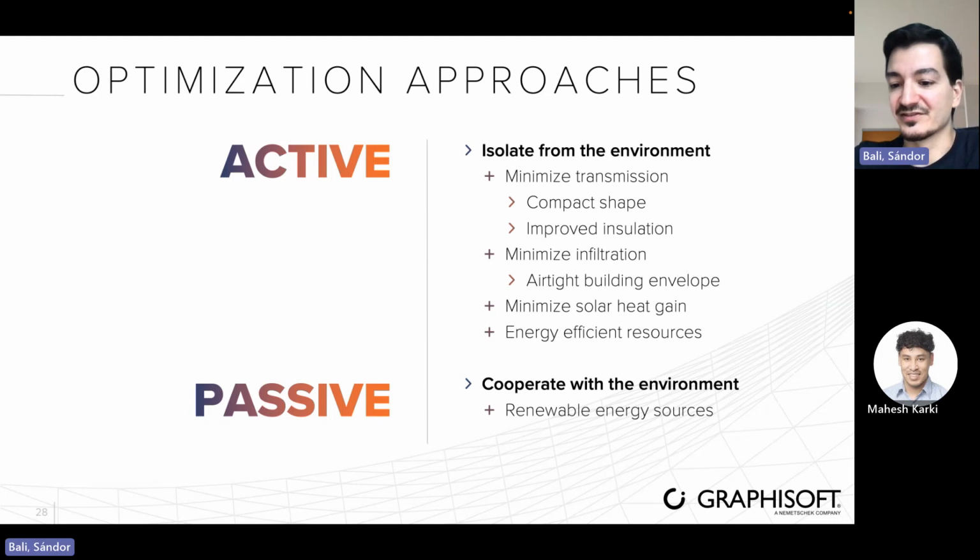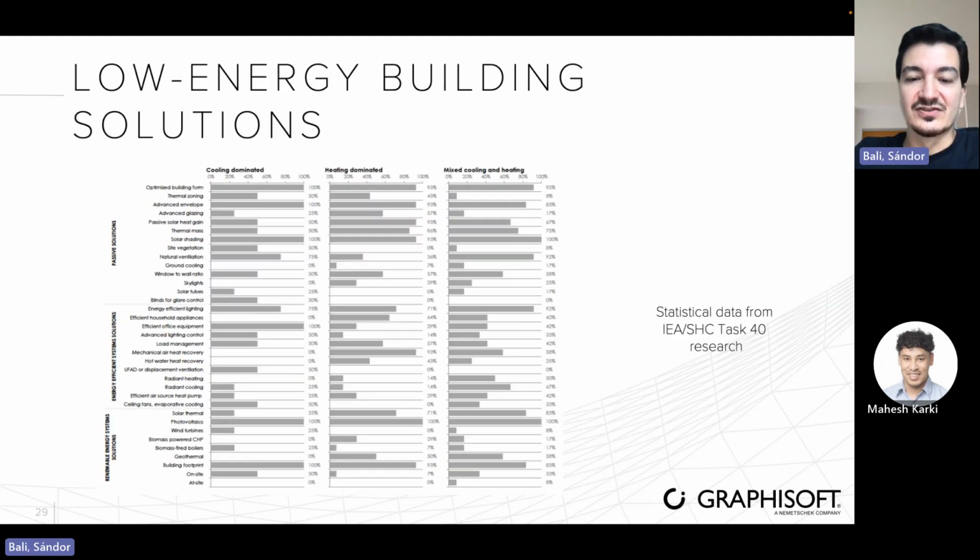And actually, this is the energy efficient resources already. And then the next approach would be the passive, when we are actually not doing something on the building itself, but we try to cooperate with the environment, and this could mean the renewable energy sources. So there is a research from the International Energy Agency once again, and there is statistical data on different types of solutions in cooling, heating, and mixed cooling and heating